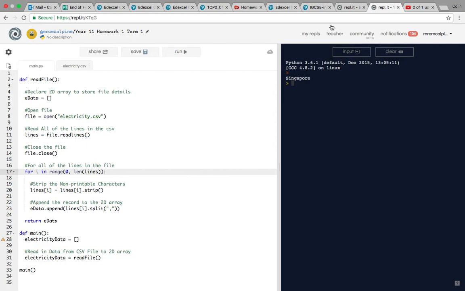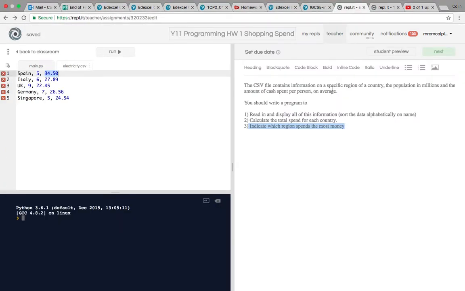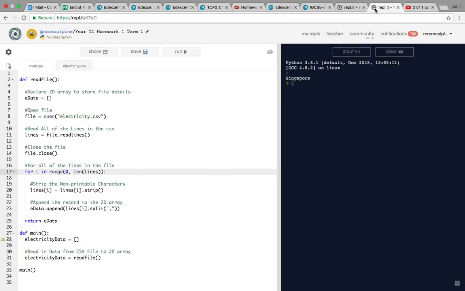So on to the next part now. We have the information stored, and now we want to create a function to display that information. So I'm going to go back to my main function now. I'm going to have a function that displays